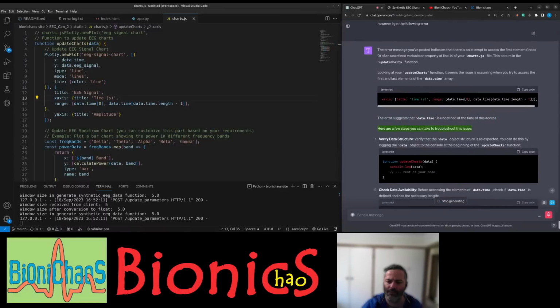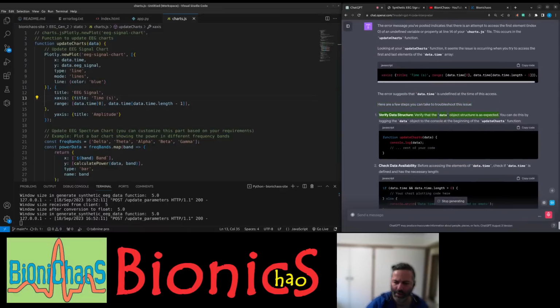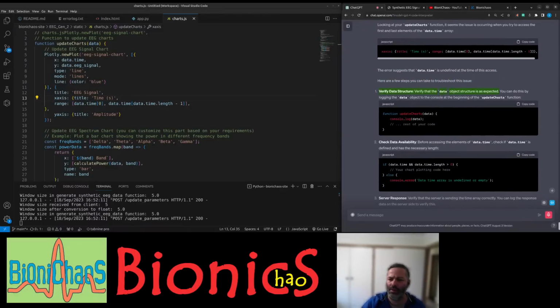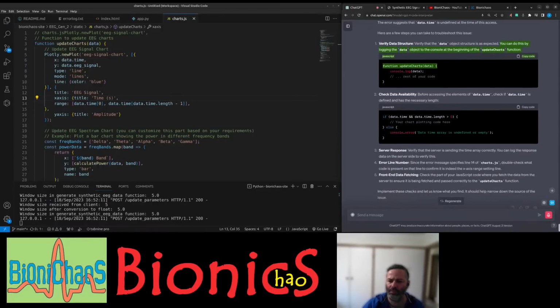Here are a few steps you can take to troubleshoot this issue. Verify data structure. Verify that the data object structure is as expected. You can do this by logging the data object to the console at the beginning of the update charts function. JavaScript: function updateCharts(data) { console.log(data); // ... Rest of your code }